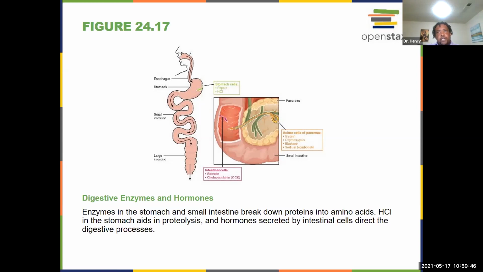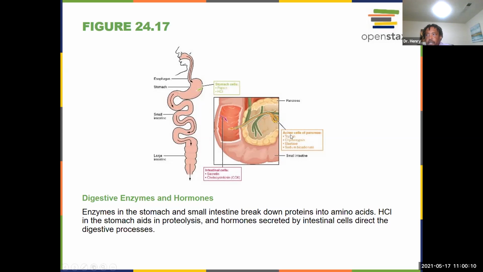Pepsin is an enzyme. It cuts the protein into large pieces. So it'll just kind of slice up the protein. And then hydrochloric acid also is going to end up cutting the protein into large pieces. Then